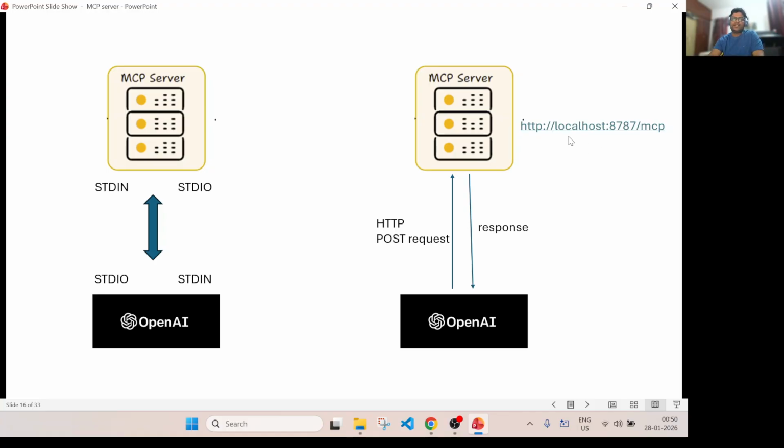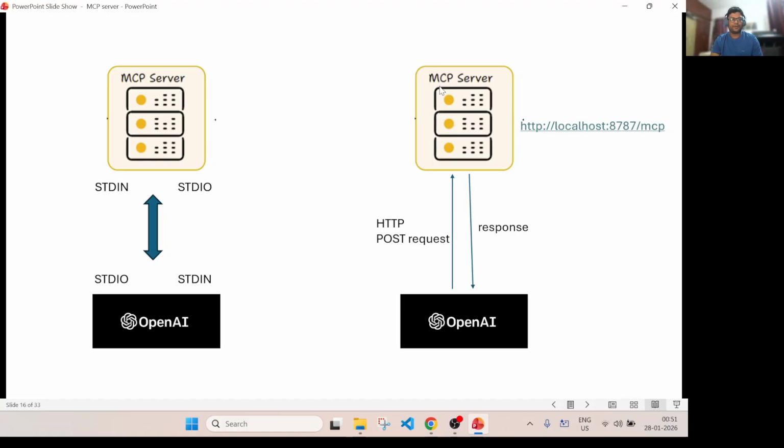So in this example, let's say it is running on your local laptop, maybe in localhost or somewhere, or maybe it can also be deployed on an actual API server. But let's say it is hosted somewhere, and in this example our protocol is on our local system, and we send a request. So instead of sending stdin, now we will send an HTTP POST request, and then the MCP server will send the response and we will get the response. This is how normal HTTP POST request-response communication happens between the agent and the